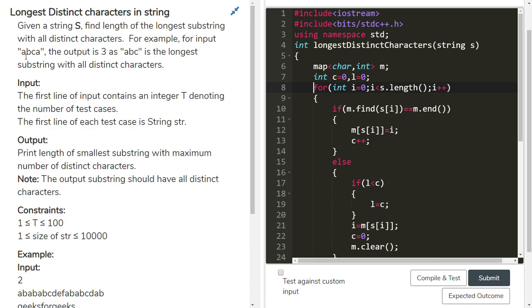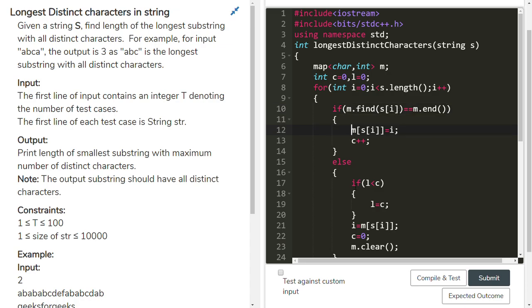We are at the A position now. So the length is 4. S length is 4 now. 0 less than 4, true. Comes to this block. Check this condition: m dot find S of i equal to m dot end. This says if S of i is not present, then this block executes.